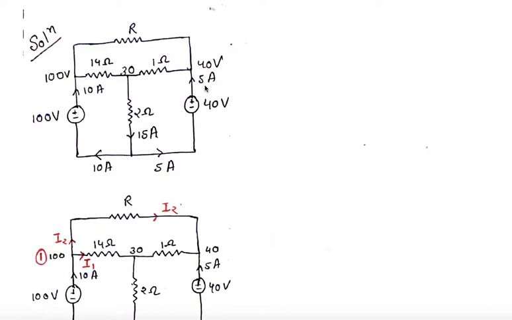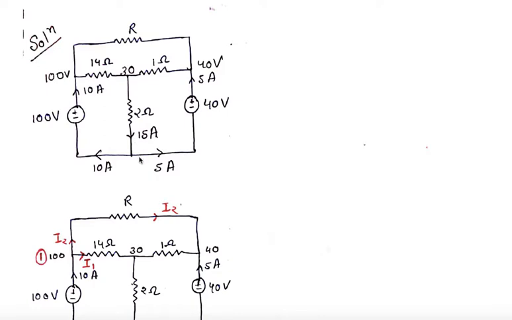Now here there are two branch currents, 10 ampere and 5 ampere. So here we have marked it, it is going here. So in the whole branch it will be flowing 10 ampere. Similarly here also it will be flowing 5 ampere. Now this branch you see it is not having any active source element. So the current in this branch would be flowing from these two active sources only. So that means if 10 ampere is going in this branch and 5 ampere is going in this branch, it must be coming from this branch. So from this branch 15 ampere current is going on.